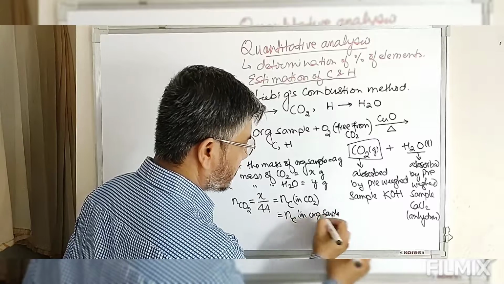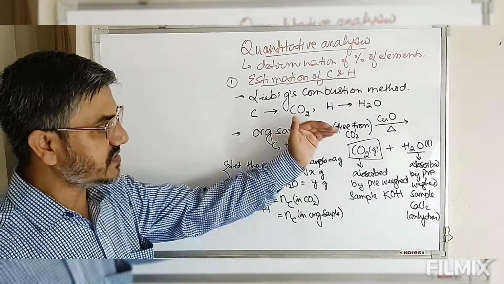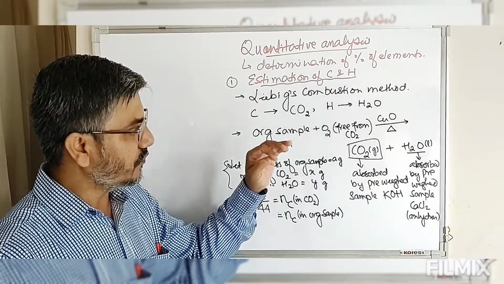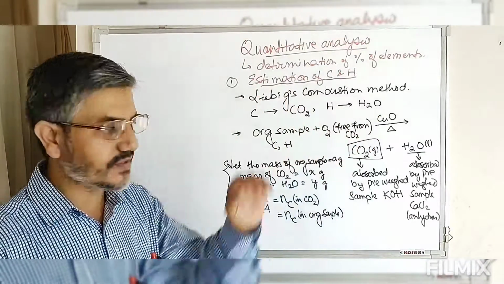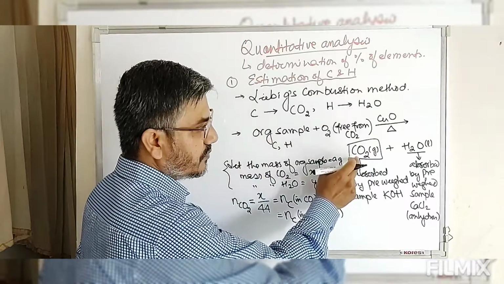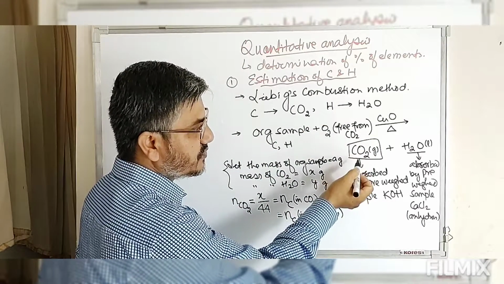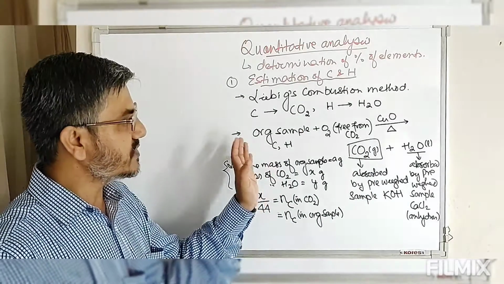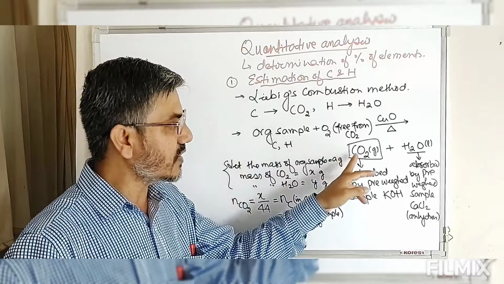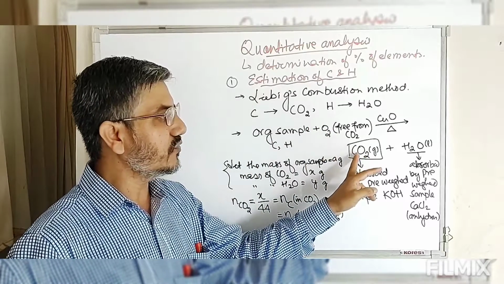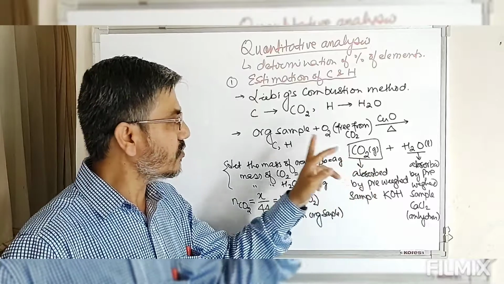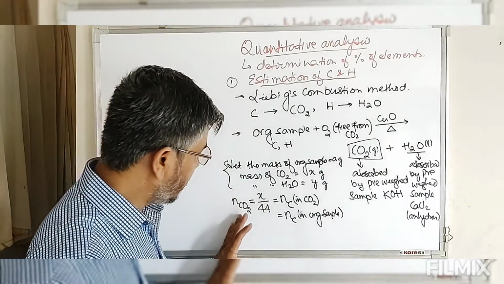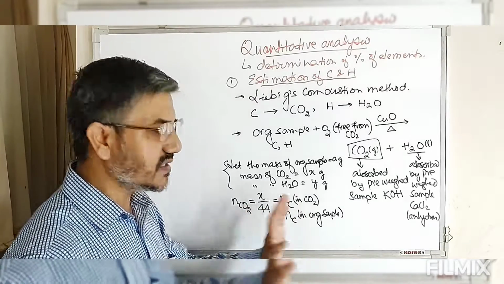I hope this point is very clear, because now look at this. During the course of this chemical reaction, the oxidation of this organic sample by cupric oxide, we have taken oxygen which is completely free from carbon dioxide. So in the course of the reaction, the carbon present in the product carbon dioxide is coming completely from the organic sample. All the carbon present in the organic sample is converted into carbon dioxide. So the total quantity of carbon in the carbon dioxide is equal to the quantity of carbon present in the organic sample. So this is the number of moles of carbon present in the sample.